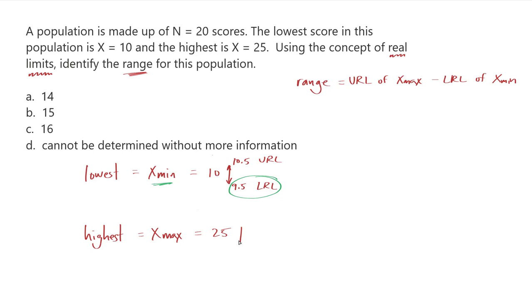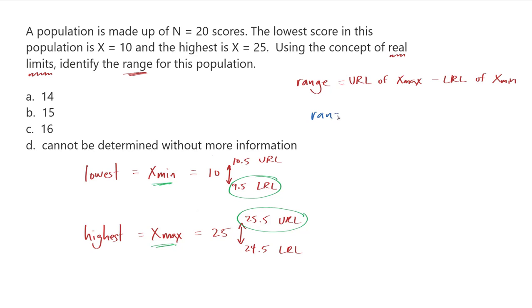It also has a range. In the same way, we go down a half step, 0.5 below 25, or 25 minus 0.5 is 24.5. That's my lower real limit. And a half step above, 25.5 is my upper real limit. And so this is the one that we're looking for. We needed the upper real limit of the maximum. And so now that we've got that, we can figure out